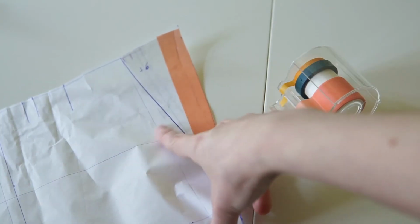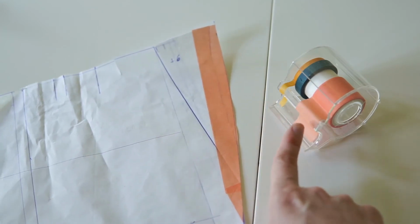And last but not least, here comes my pattern making secret: washi tape. I use washi tape instead of traditional plastic tape because if you want to alter your patterns, add some frills, add some ruffles, or some darts, or move some darts, you will have to cut open your basic pattern, and you need to place in some paper, and you have to glue this paper. And traditionally you could use plastic tape, but the problem with plastic tape is that